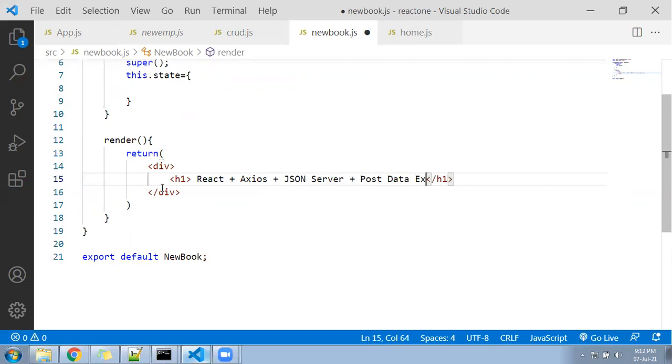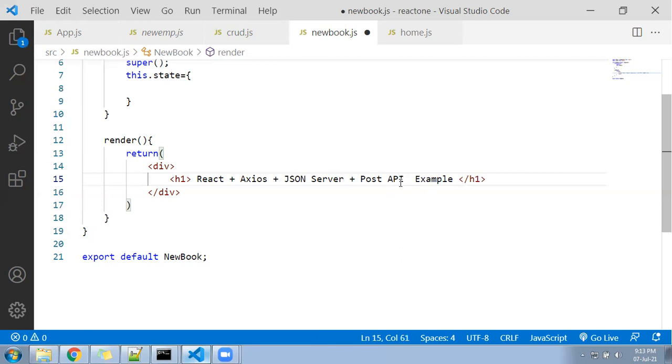So I hope this line is much more meaningful. Using React and the Axios library, we are going to post the data to JSON server using the post API.